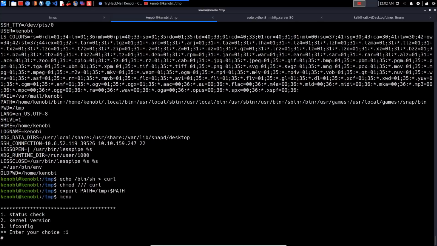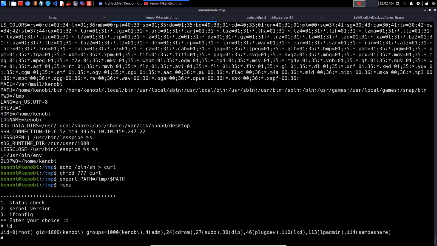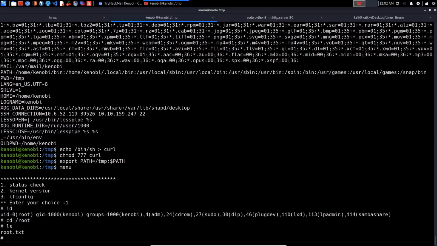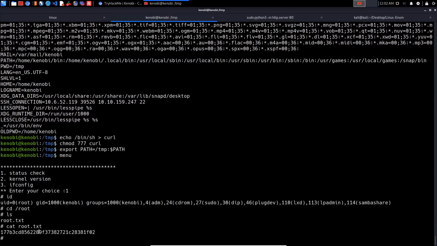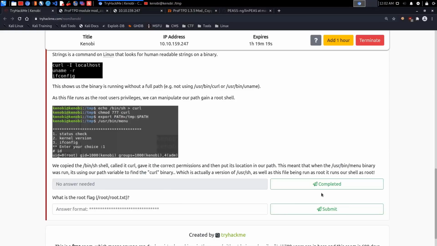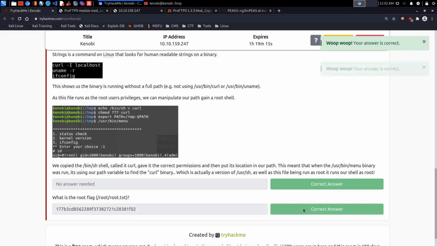So if we hit 1, you can see it's going to give us a Bourne shell, or a shell session rather. We hit id here, we can see we are currently the root user, and if we head over to the root directory, you can see we have the root flag here. So root, sorry, not root flag, or rather root.txt, my bad. And we can get the root flag right over there, and I think that's pretty much it. There we are. So we can complete that one and paste in the root flag there and hit submit,